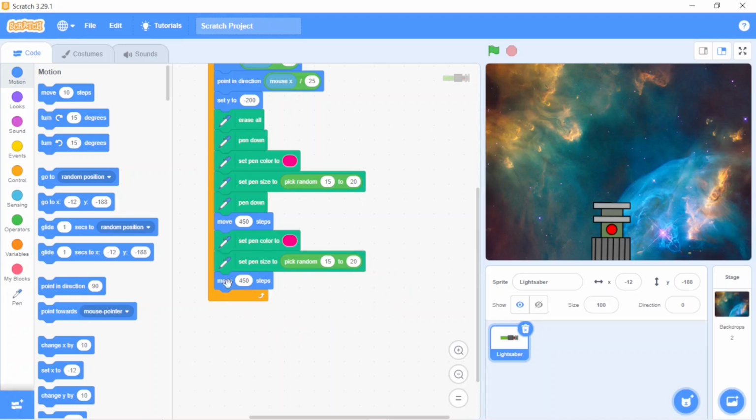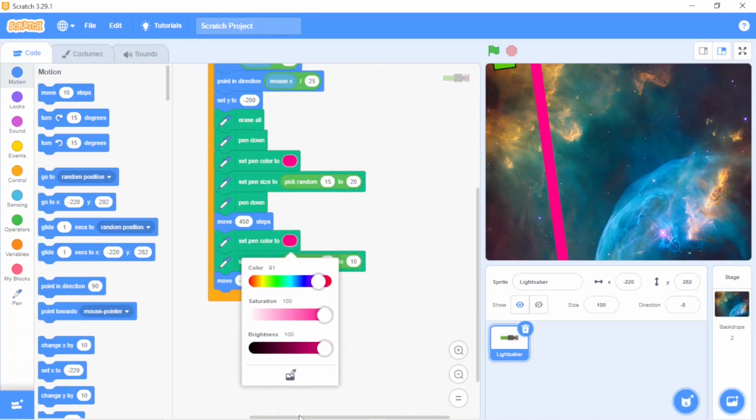And instead of move 450 steps, move minus 400 steps. And yes, pick random size at the second last block, set pen size to, pick random, write 5 to 10, and set pen color to, that is white.